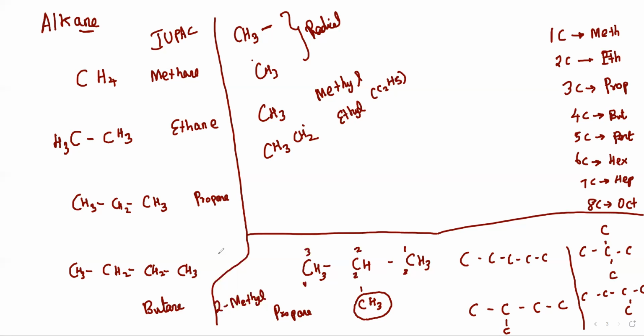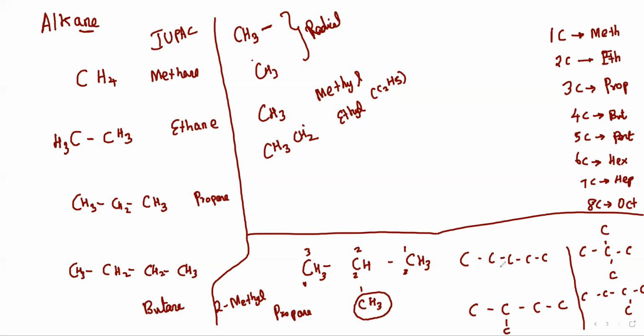But when you write the IUPAC name, if there are some carbons in the branch form, you always find the carbons in the straight chain format, the total number of carbons in the straight chain. Straight chain means the connection should be like this. Either it should be like this or like this. Both are straight chain only. So in both manners, you can write the name. Here both will be the same.